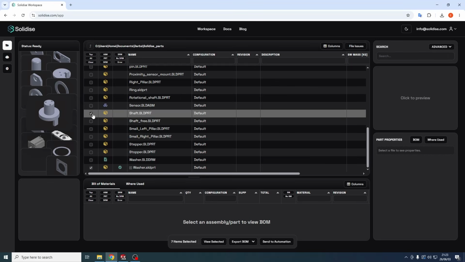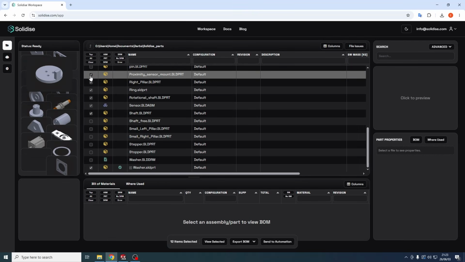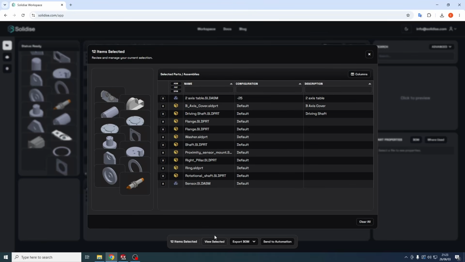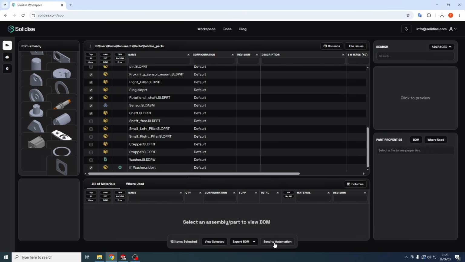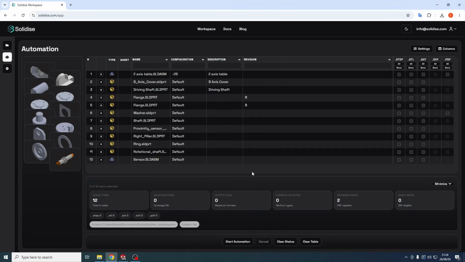You can select one checkbox, hold Shift, and then select another checkbox to mark everything in between. You can also click and drag across the list to select multiple files quickly. Once the file selection is complete, I can send the selected files to automation. This adds them to the automation queue, where I can review the selection, choose the required export formats, and start